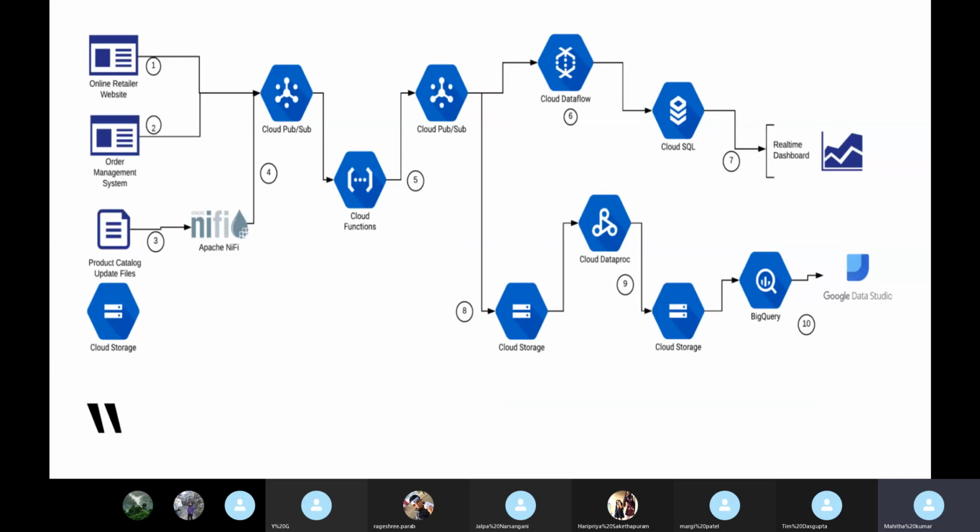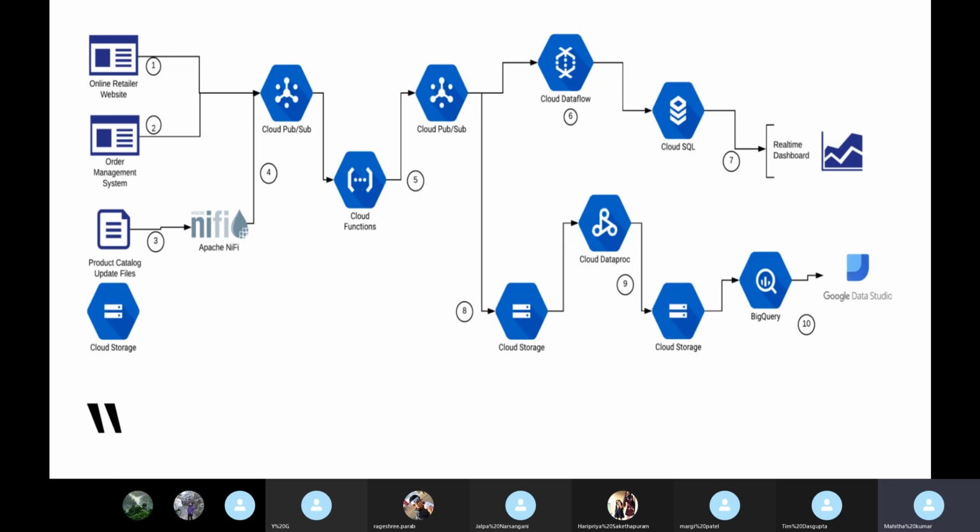We will try to understand what the Dataproc does by using this example. This is an example pipeline, and here the Dataproc is incorporated. We will try to understand how it is done. In this one, the online retailer website application is sending the data to the Cloud PubSub, and also the order management system is sending the information to the Cloud PubSub.